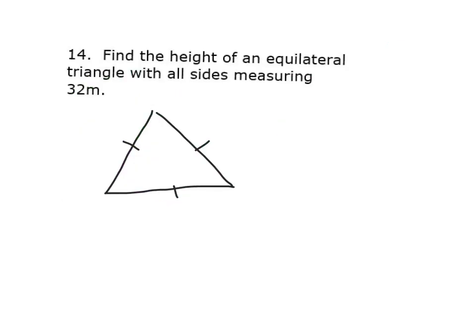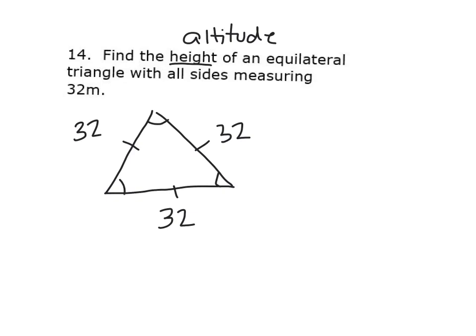Question number 14. This is very similar to a question we did earlier. Find the height of an equilateral triangle. Remember, height is the same thing as altitude. In this equilateral triangle, all the sides have a measure of 32 meters. So remember, if it's an equilateral triangle, that means all of my angles are congruent. And if my angles of a triangle have to add up to 180, that means each angle by default is